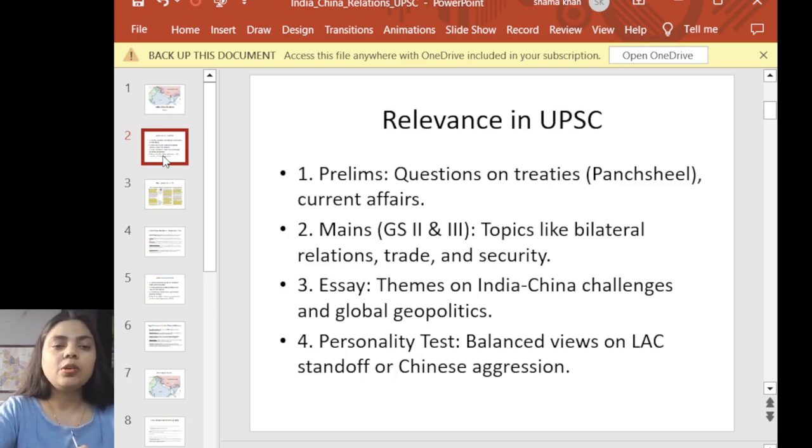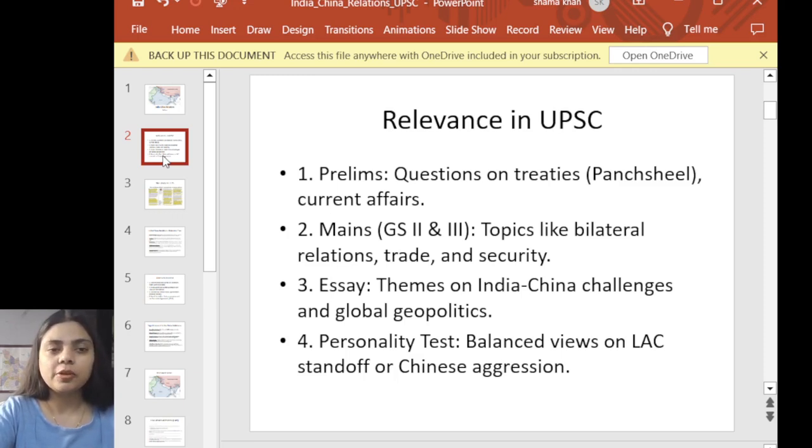Another point was equality and mutual benefit. So they both decided to have a good relation and work with each other in order to have economic benefit and mutual benefit of each other. The last point was peaceful coexistence. So you can remember the Panchsheel Agreement, and you can use these 5 points in your mains answer writing